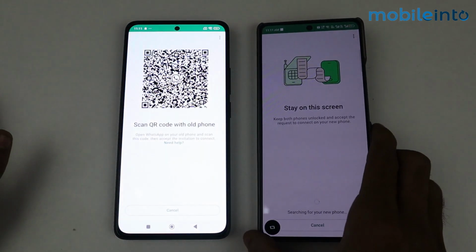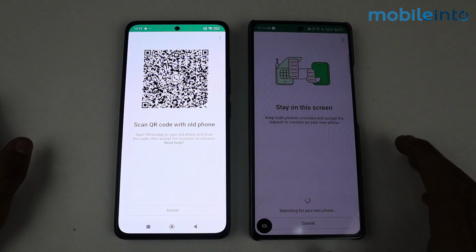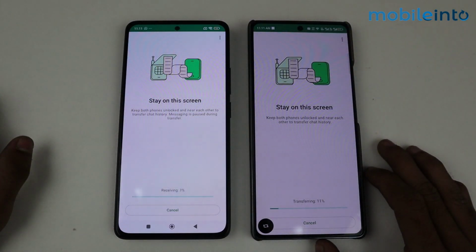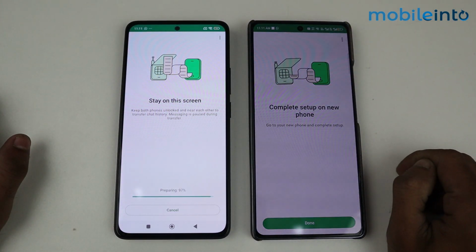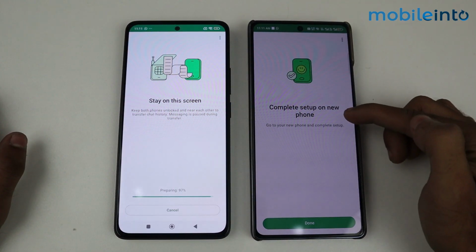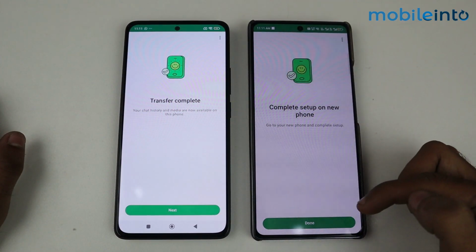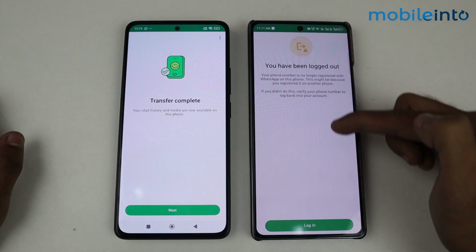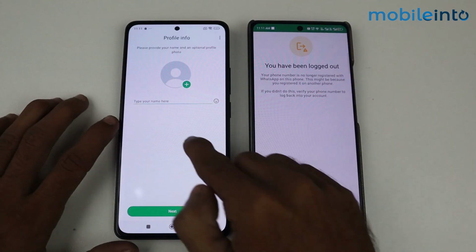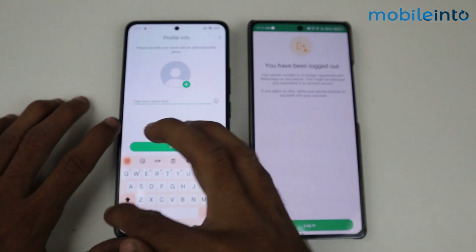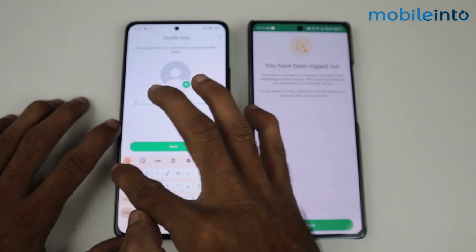As you see, it is done now and it starts searching. Okay, now transferring has started and complete setup on phone. Click done, and as you see, the phone is now logged out from this device. And now when I click next, I have the profile info name here. So just set the profile info name here,